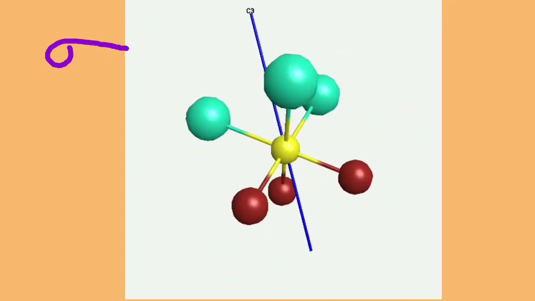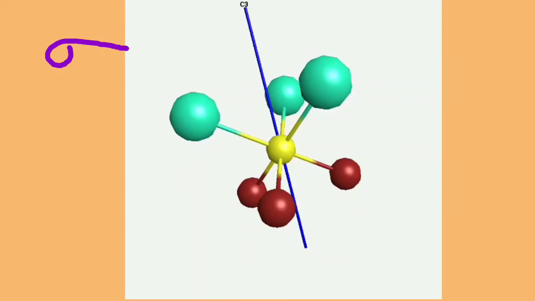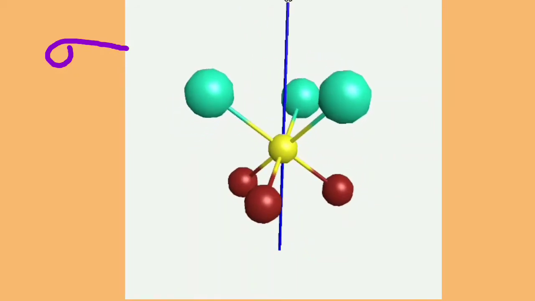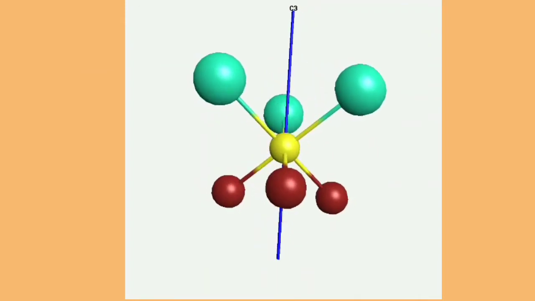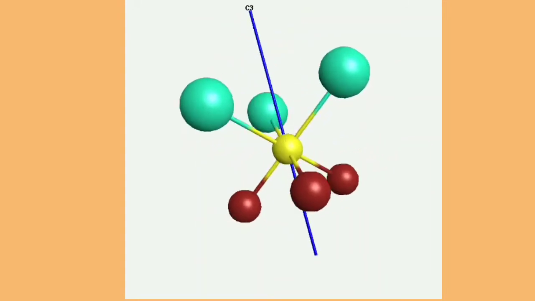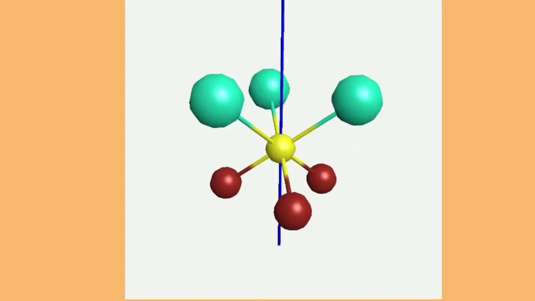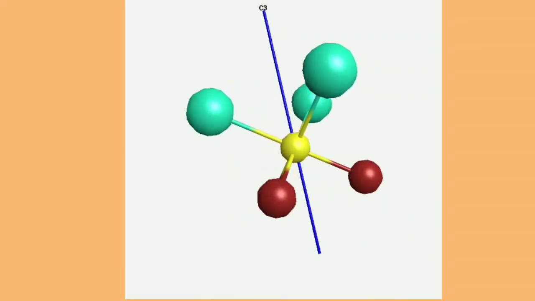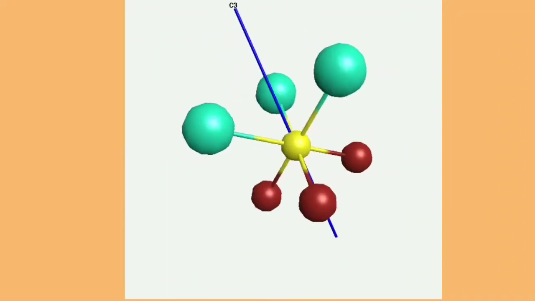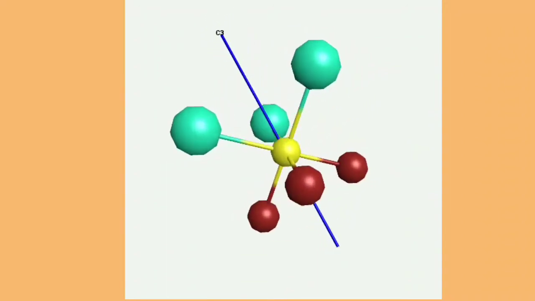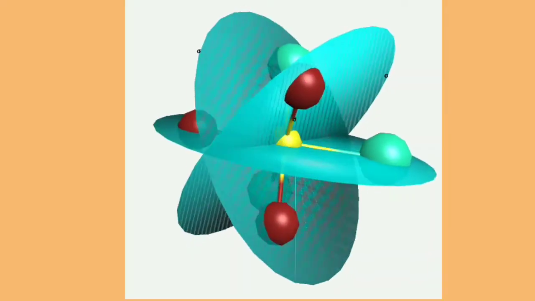Now we will check sigma plane, and sigma plane essentially will pass through center of complex, one A ligand and one B ligand. Only then it will bisect the molecules into two equal halves. When any molecule has any symmetry elements, it cannot represent optical isomerism. So now you can tell whether this Ma3B3 will have optical isomerism or not. No, because it has a C3 and sigma plane also.